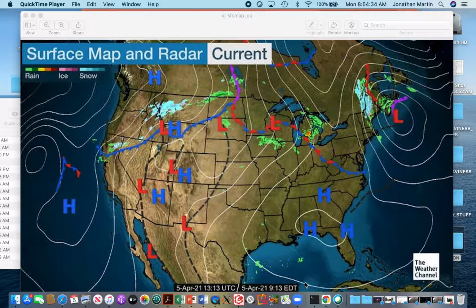Then a region of high pressure sitting over the southeastern United States, a broadly dispersed region of low pressure over the central United States. I think it may be biased a little bit towards the west coast, and then a ridge of high pressure building in to the Pacific Northwest. And the reason I point out all four of those features is because I'll make the point when we go